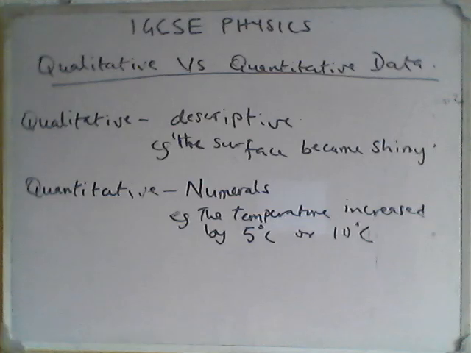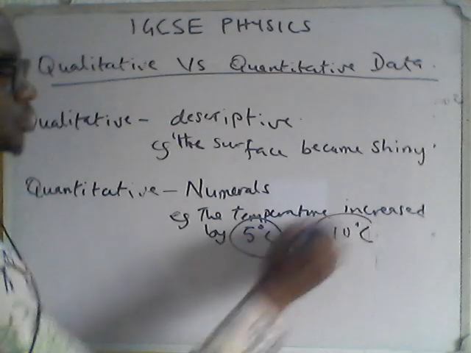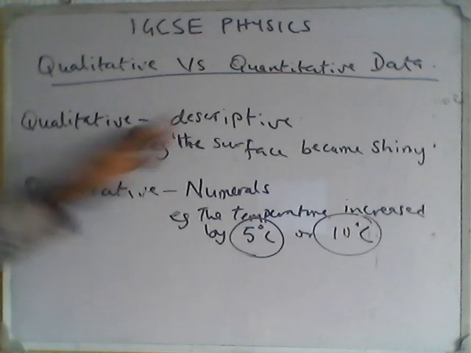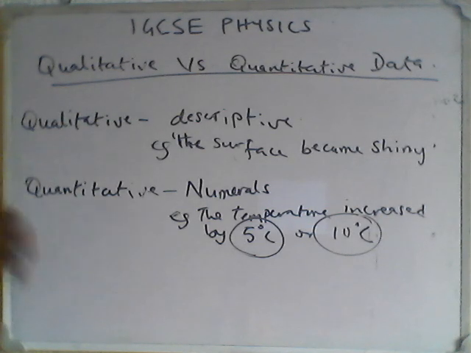But what it means is that you are putting a numerical value to what you're describing. So the difference is that for qualitative, you are describing without necessarily introducing a figure or anything. You are just using the power of your description to get across how you are observing. You understand? Your power of observation. Meanwhile, for the quantitative, you are actually telling the story with numbers. You are putting the numbers.